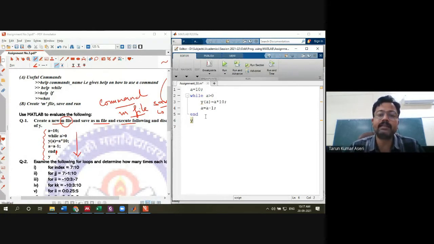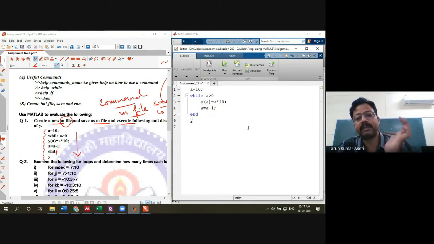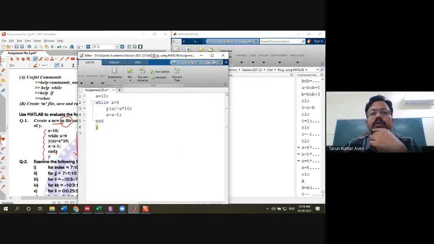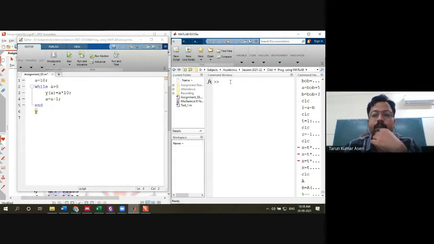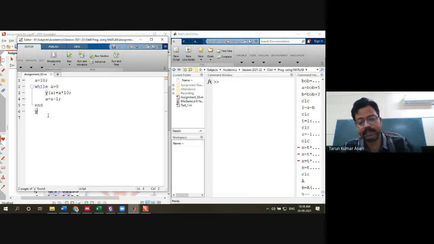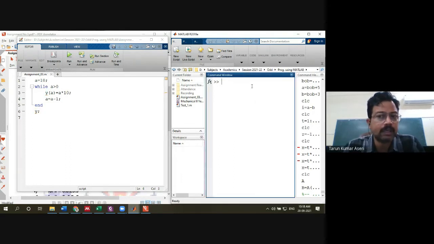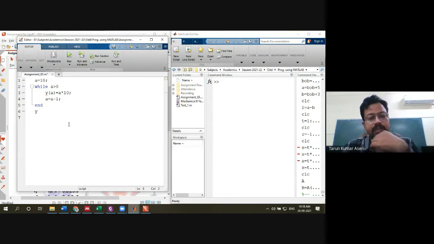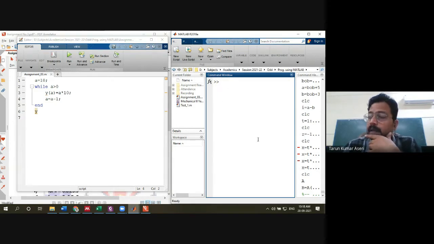It shows a warning that this should be terminated with a semicolon, but in the present case I am not providing the semicolon, so the answer will be estimated and displayed in the command window. If you provide the semicolon, the answer will not be displayed in the command window.